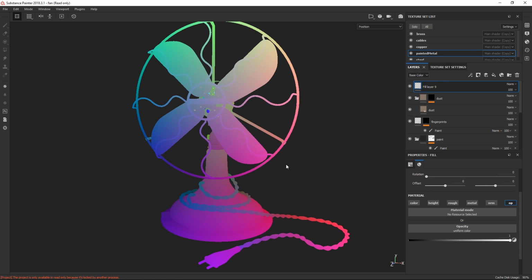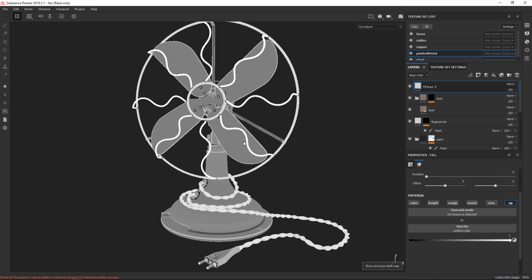Yeah, absolutely. And one of the reasons why Painter is so bloody fast when it comes to all these operations is because these maps are pre-baked. If you were to build a system which didn't have these maps, you want the same functionality, and you were trying to do some kind of edge detection or edge wearing, you would have to generate that every single time. But right now, it's already there. We already have the curvature, so there's nothing to actually compute.